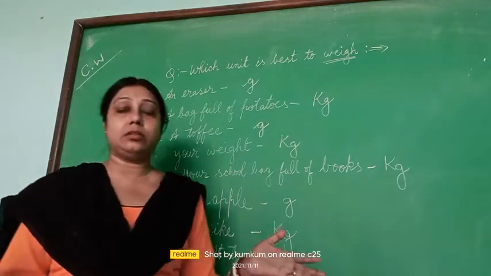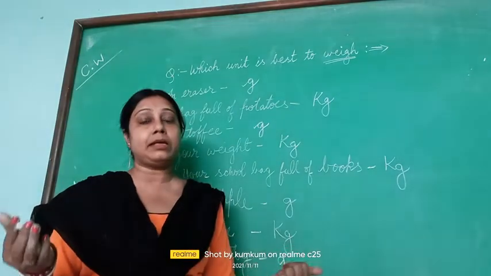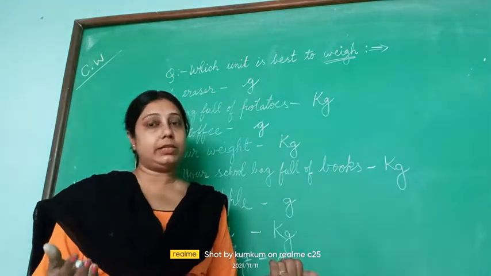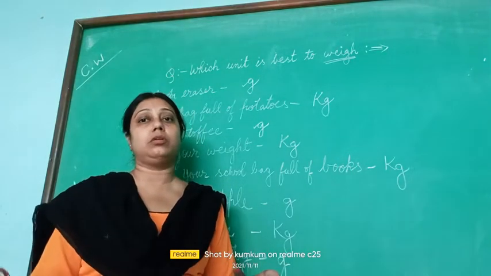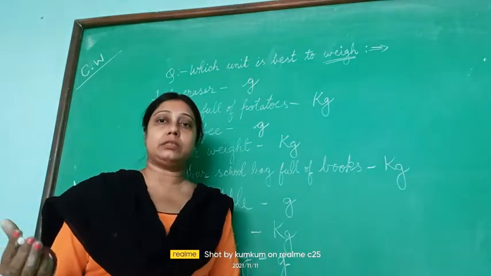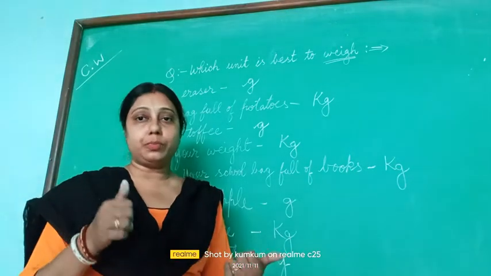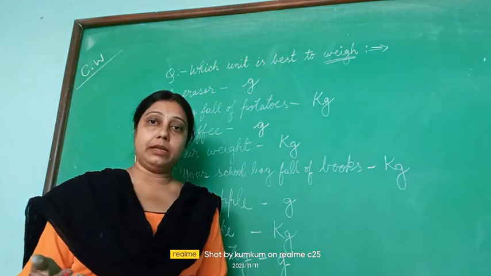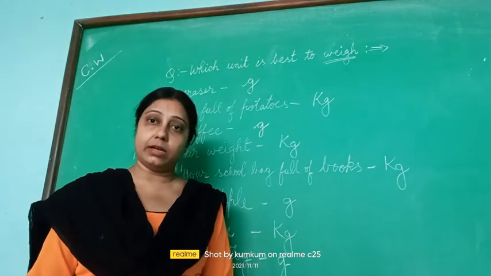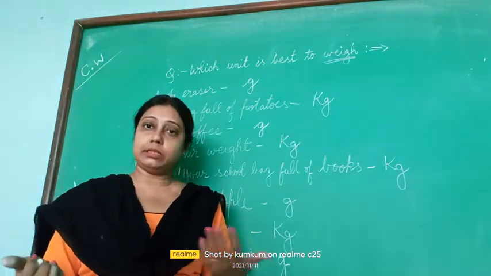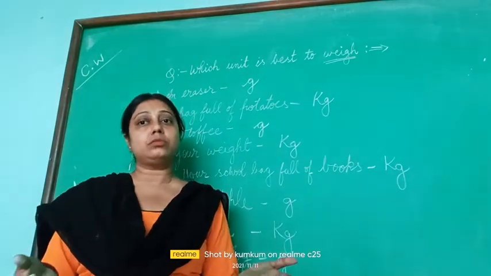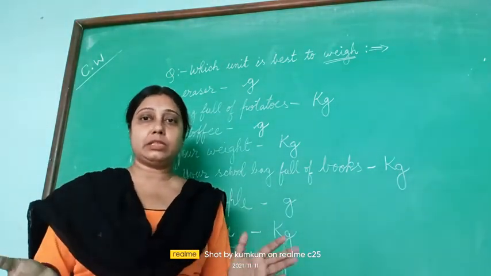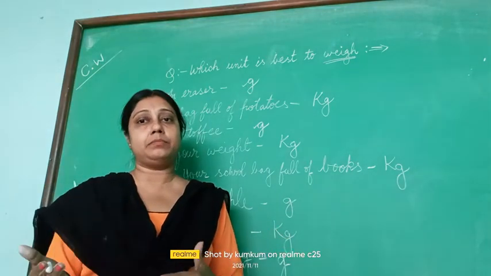See the things in your surroundings and try to imagine the weight of the things, whether it will be measured in kilograms or grams. So many items you can see in your daily use. A toothbrush you have at your home is so light. A dining table is heavier, so it will be kg. A toothbrush is lighter, so it will be gram. So many things you can see and you can understand the differences between kilogram and gram items.